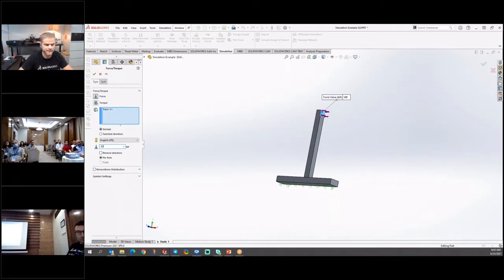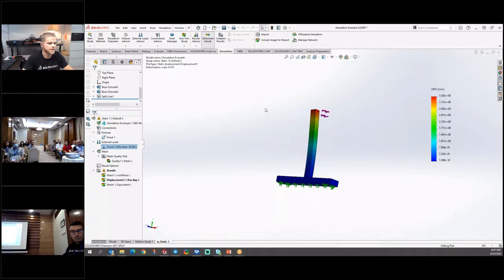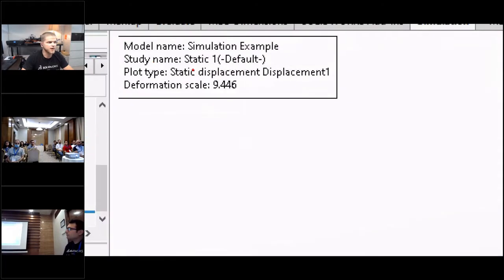And if we go back to that original force here and we change this back to 50, I rerun this study again, that happens very quick. If it's a simple study, that'll run very fast. We go back to displacement. Now notice that the scale is a lot more actually, it's 9.4.